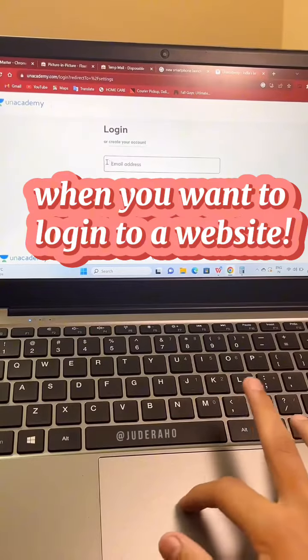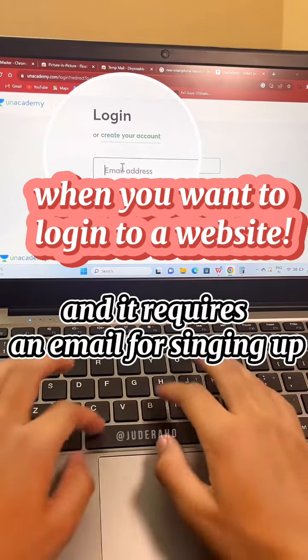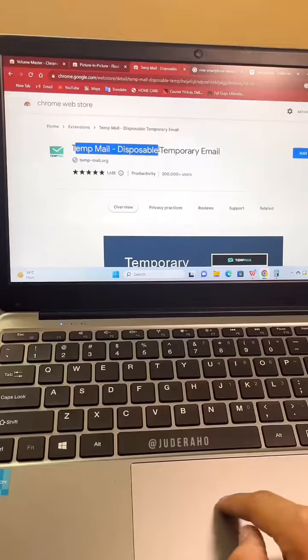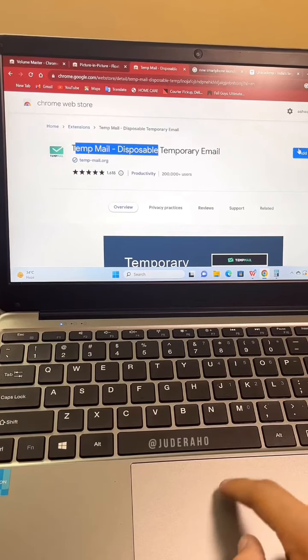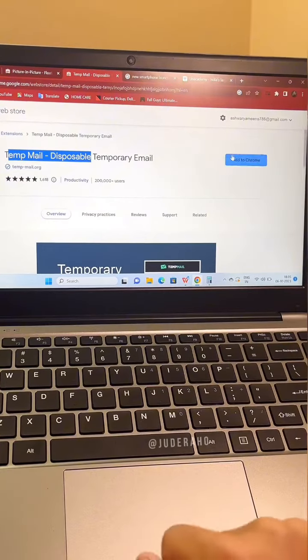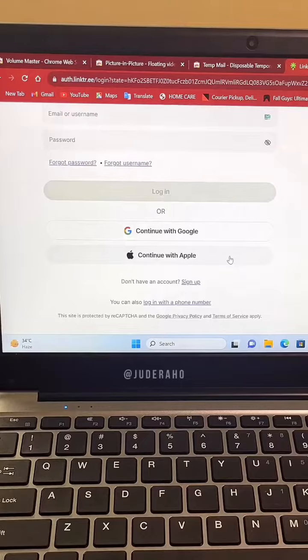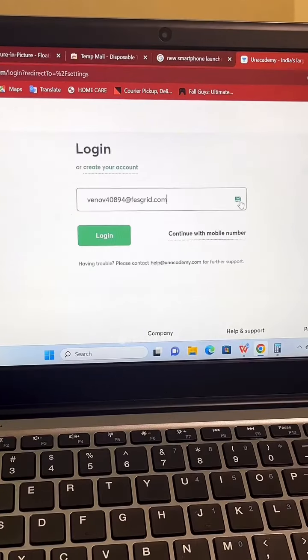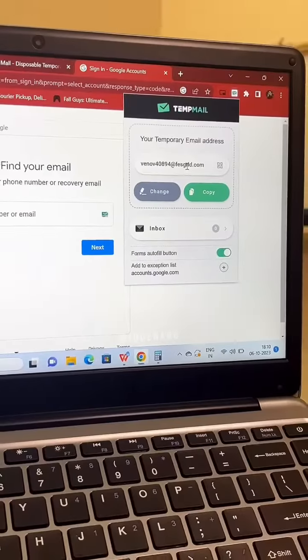When you want to log into a website and it requires an email for signing up, I don't want to use my main email. Download this Chrome extension, Temp Mail, this possible temporary mail. It will help you to log into any website just by clicking on this icon, and it will generate for you a Gmail. You can use it to log in, and it will give you a